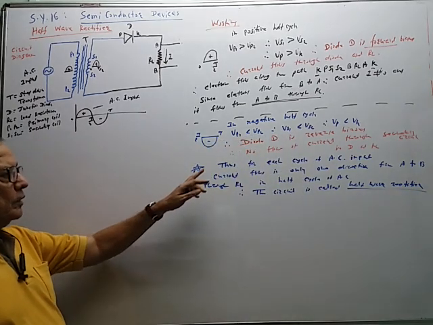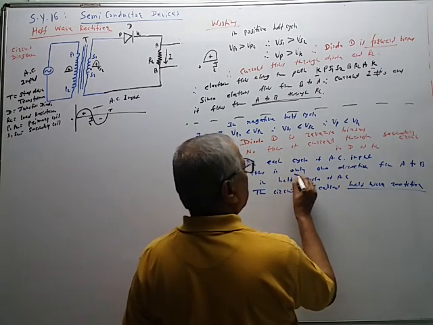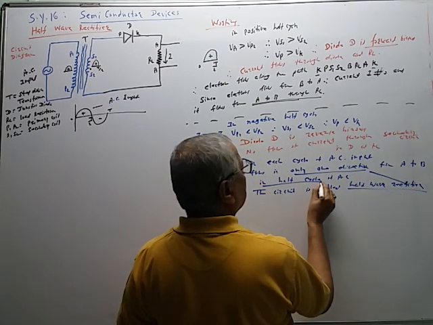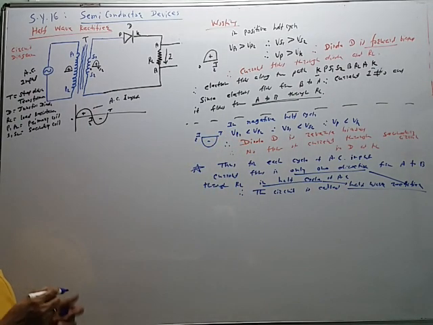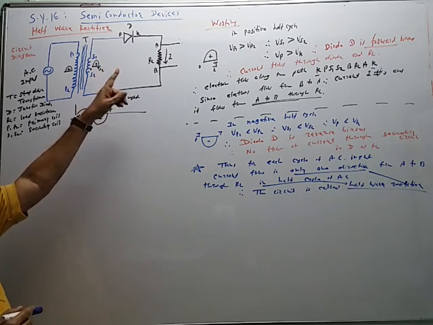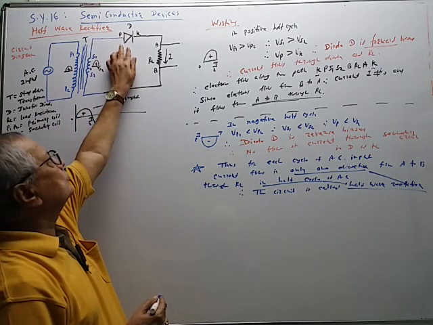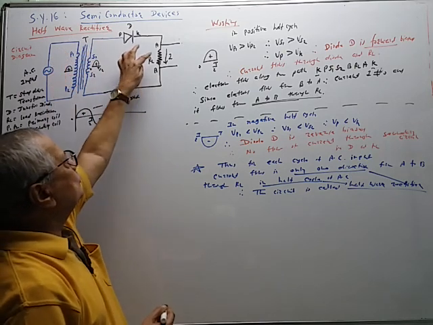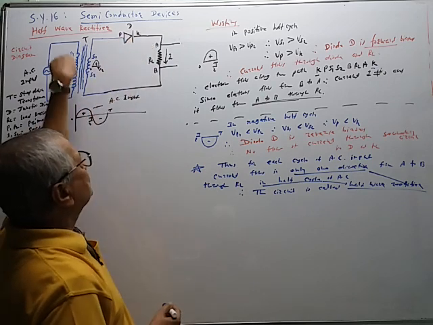So this is the conclusion. For each cycle of AC input, current flows in only one direction, therefore it is called a rectifier, and it flows only in half cycle, therefore it is called a half wave rectifier. So why is it called a half wave rectifier? This is the reason. The path of the electron is like this. Electrons are separated from the cathode, they flow to the anode, then anode to S1, then through the coil to B, B through RL, and again here. So electrons circulate in this direction, therefore current flows in the opposite direction.